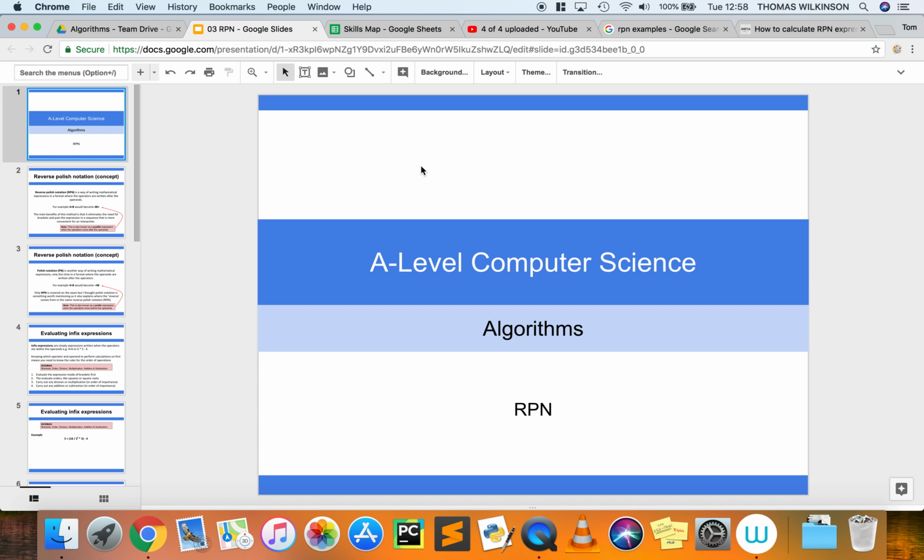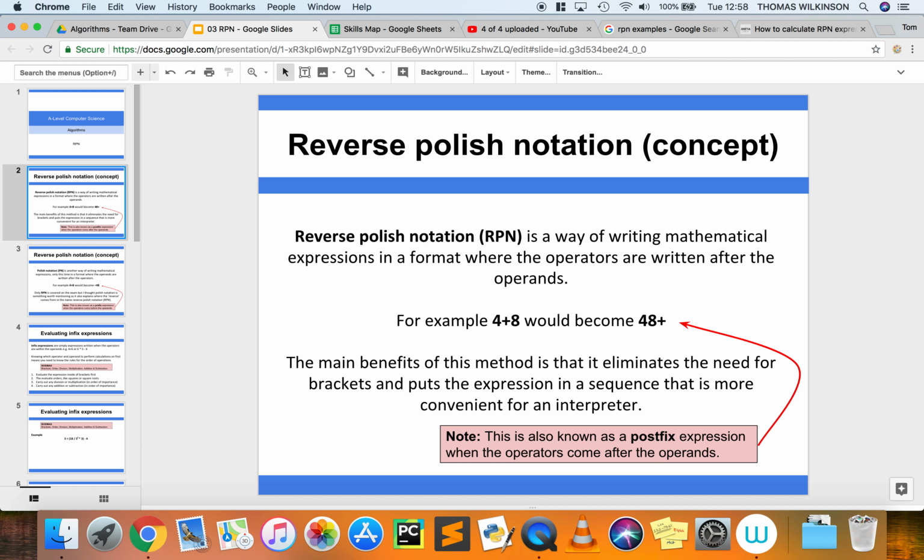We're going to have a look today at reverse Polish notation, and it's a concept that you won't have encountered really before to this point, but it is useful in computer science for lots of different reasons. To start off with, though, what we need to consider is that when we write an equation out as human beings, we write, generally speaking, in what we refer to as infix notation, in that we put the